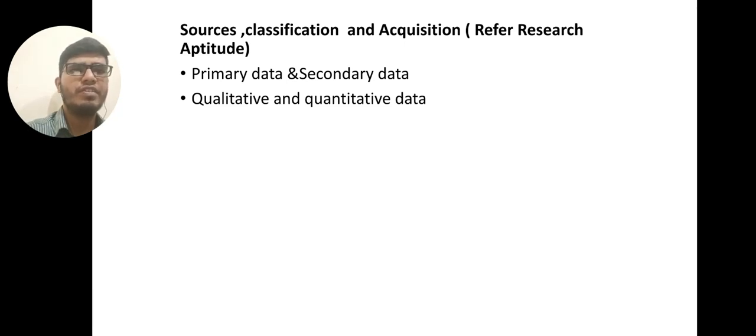Qualitative and quantitative data. Qualitative is nothing but what cannot be measured in units or money, like patience or how good one particular person is. Quantitative data can be measured in units, quantity, volume, or in money as well. It may be weights, units, or the value of any of the products. These all are called quantitative data. I'm not focusing more on the theoretical aspects, since they are not asked till now in any of the competitive examinations, including NET and KSET.